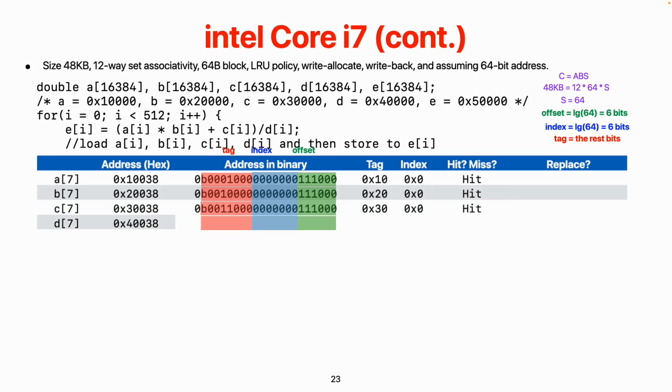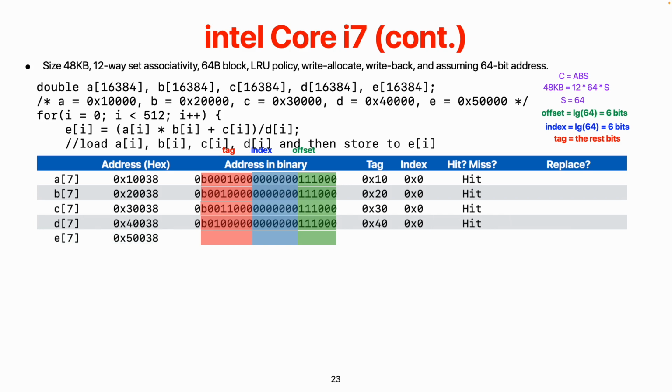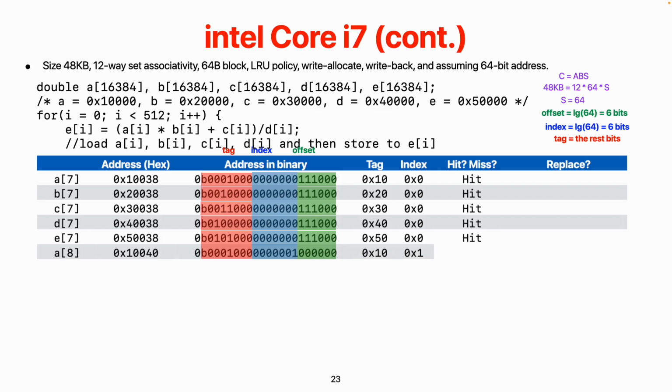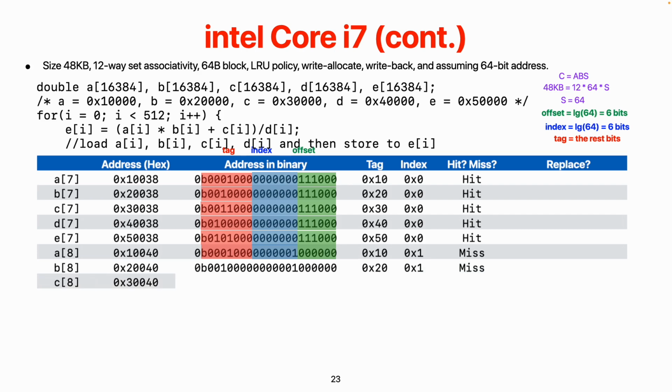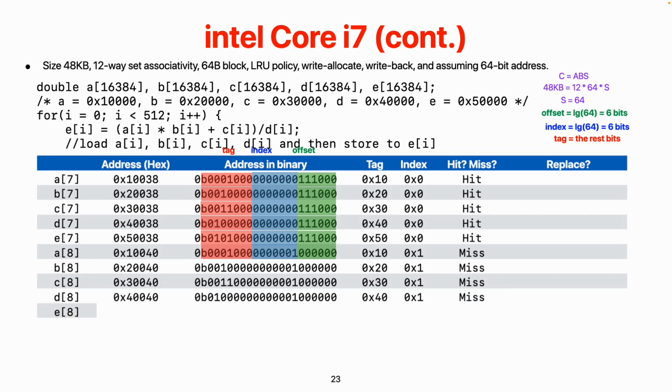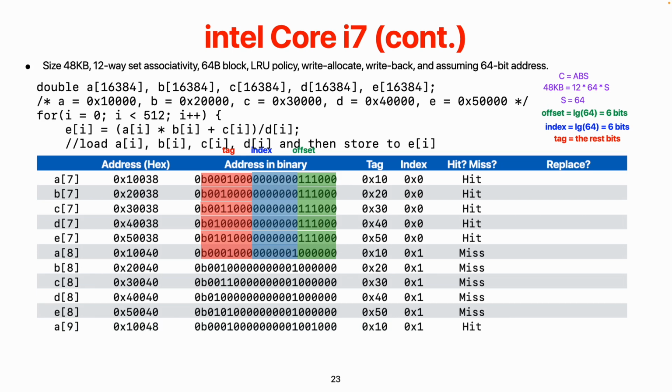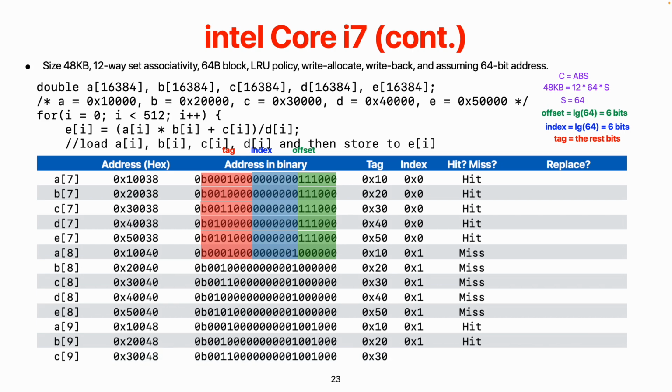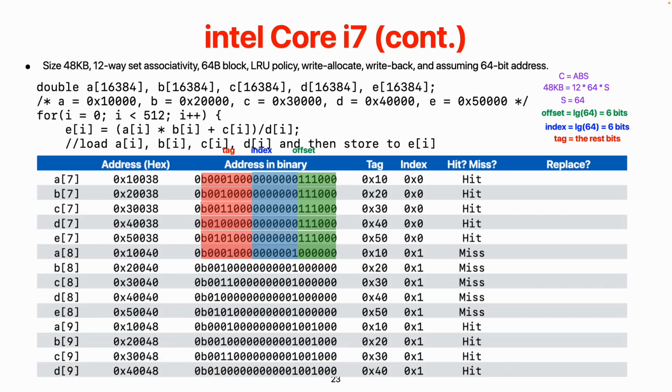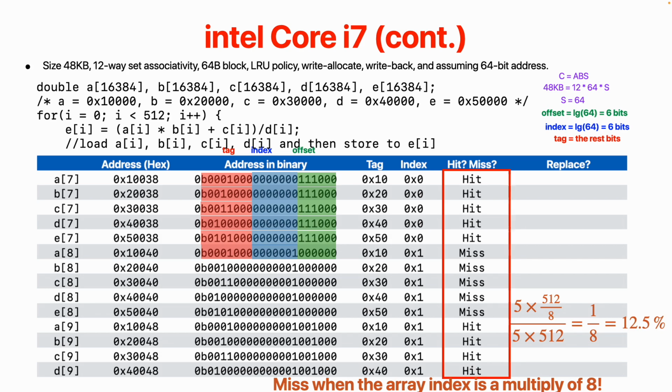the next time you are going to see a miss will be when we enter a new block, right? For example, previously we mentioned in set 0, we only cache 0 to 7. So when we reach the 8th element, that's when we are going to meet another miss, right? If you continue this sequence, you will figure out this will repeatedly show up until we reach the end, right? So overall, we are going to have a 1/8 cache miss rate, which is 12.5%, which is the answer A in this question. All right, so